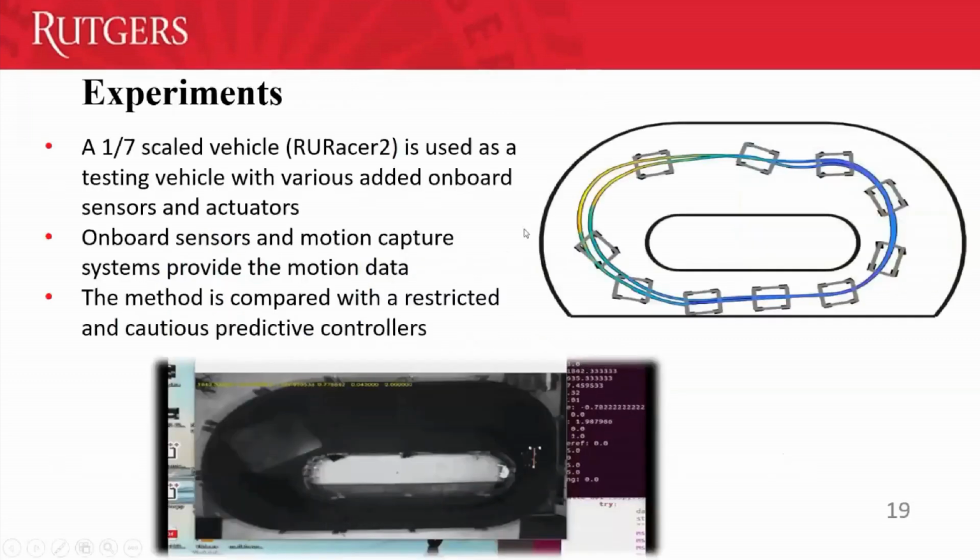We can see the experimental results. The vehicle is able to follow the trajectory in real time despite changes in the surface condition. Here there is a plastic surface with applied water on it, which has uneven friction surfaces. The vehicle is able to follow different velocity profiles, and